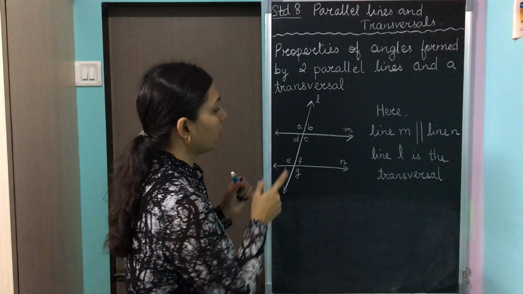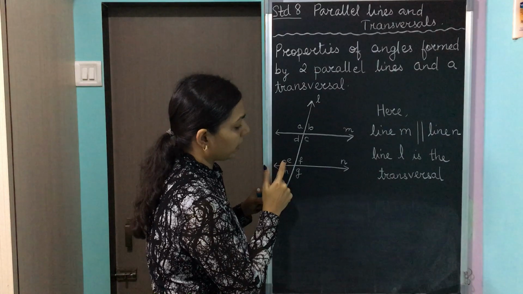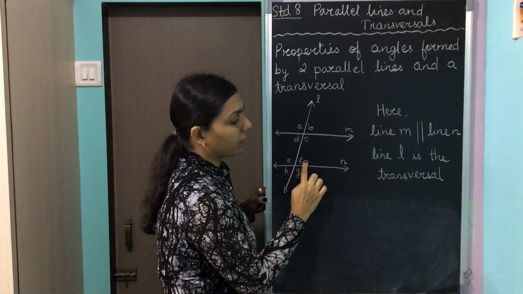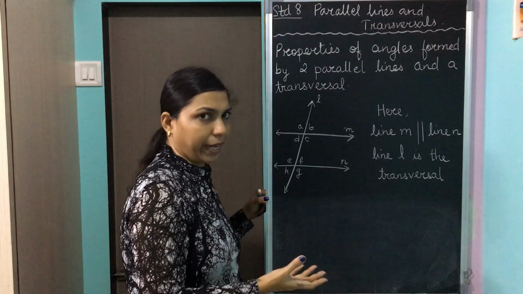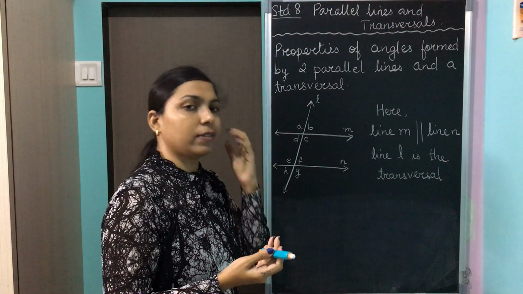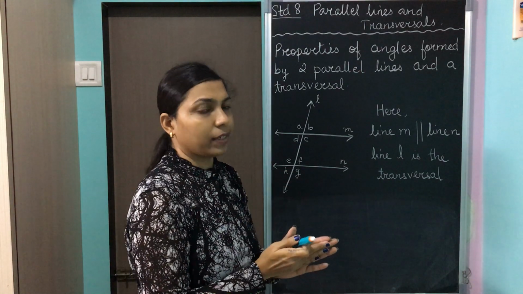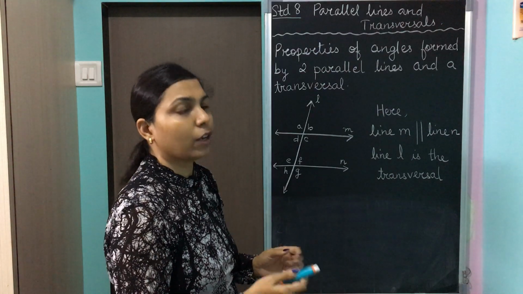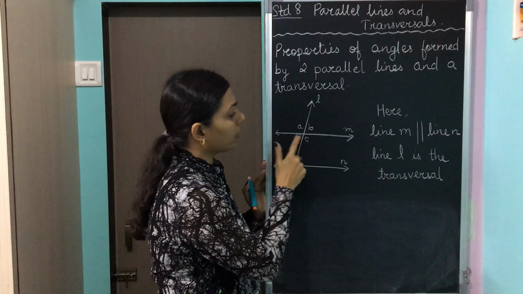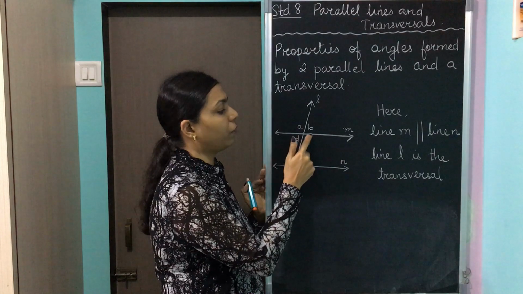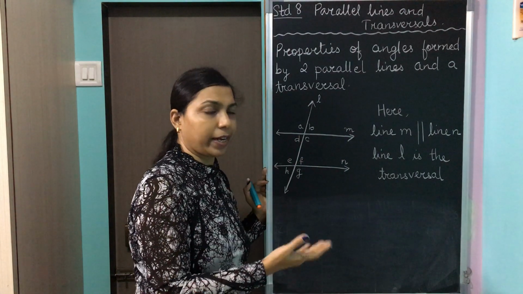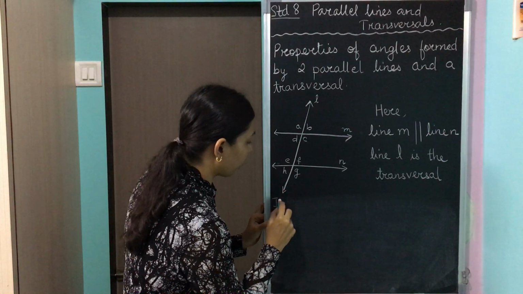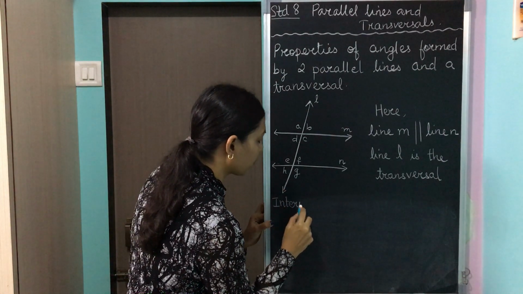So in this case, angle D plus angle E will give you 180 degrees, angle C plus angle F will give you 180 degrees. And you have already learnt in 7th standard, when you add up two angles and get the answer as 180 degrees, they are called supplementary angles. So over here we will say that the interior angles which are formed are supplementary, that is they are 180 degrees. So which are the interior angles which are formed, we will write that first.